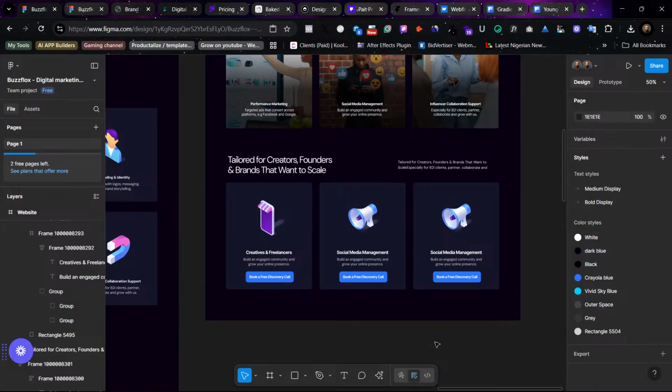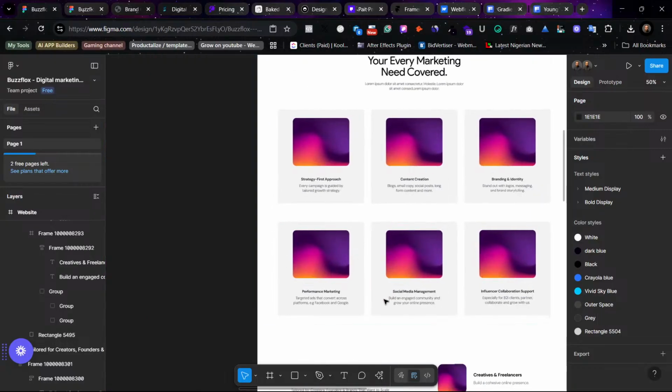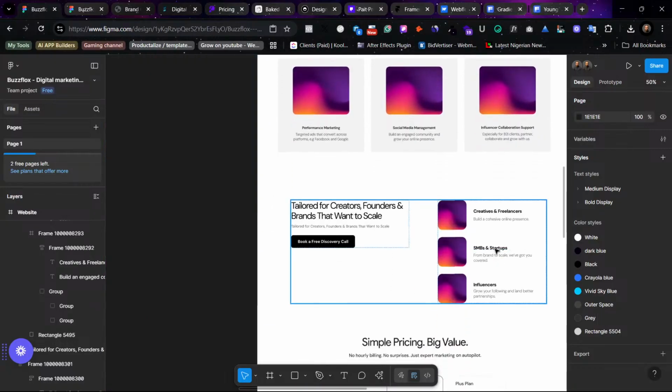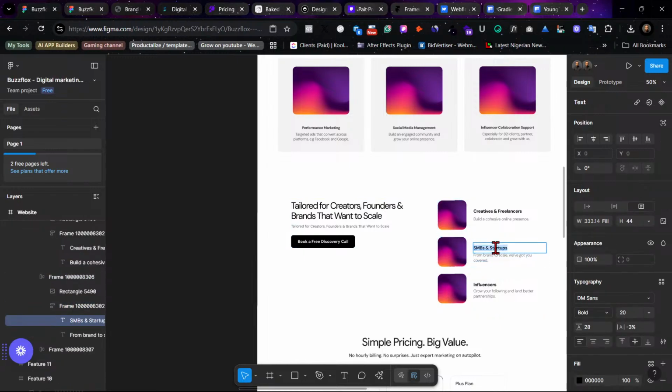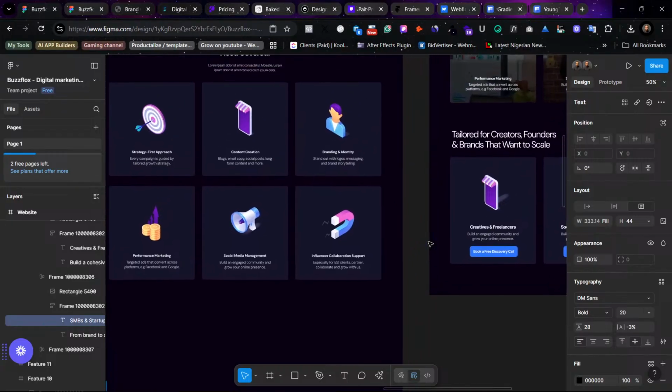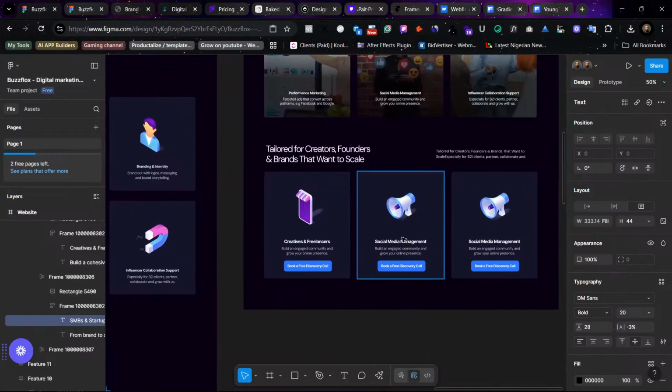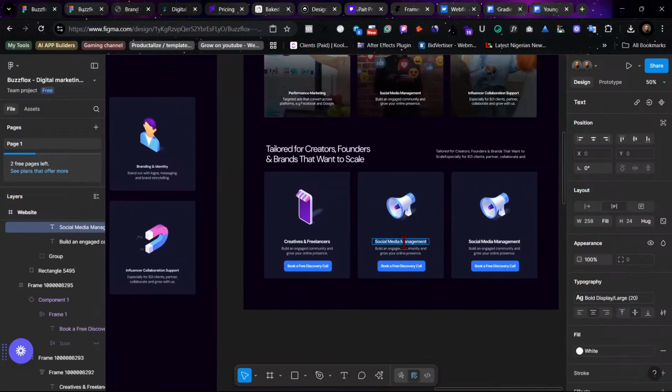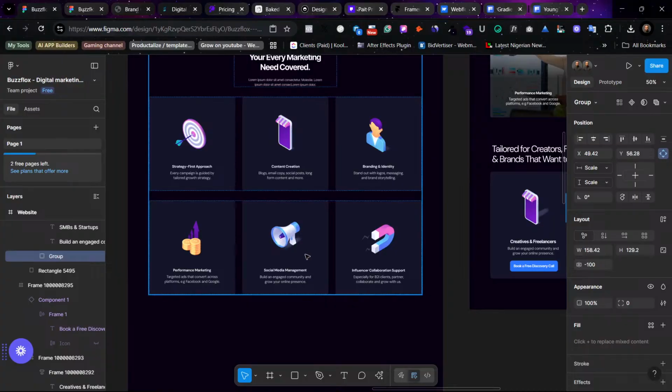Okay, so creative and freelancers. Then the second one is businesses and startup. Paste to replace. The businesses and startup,